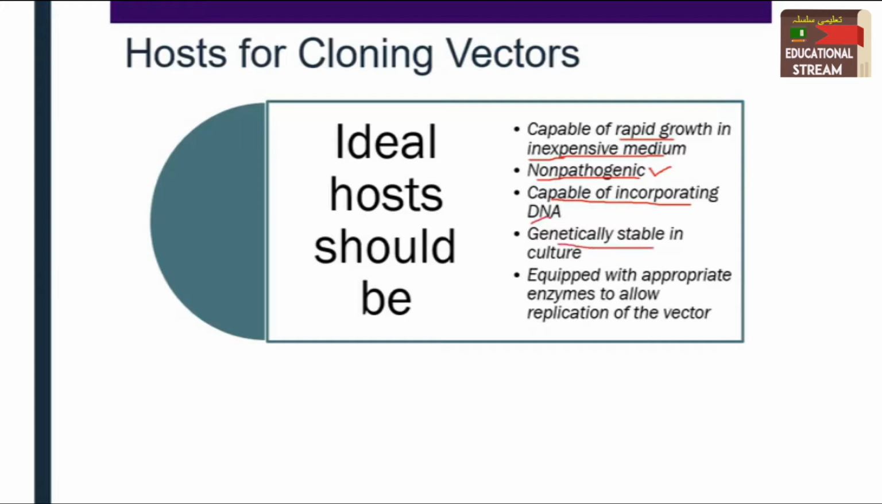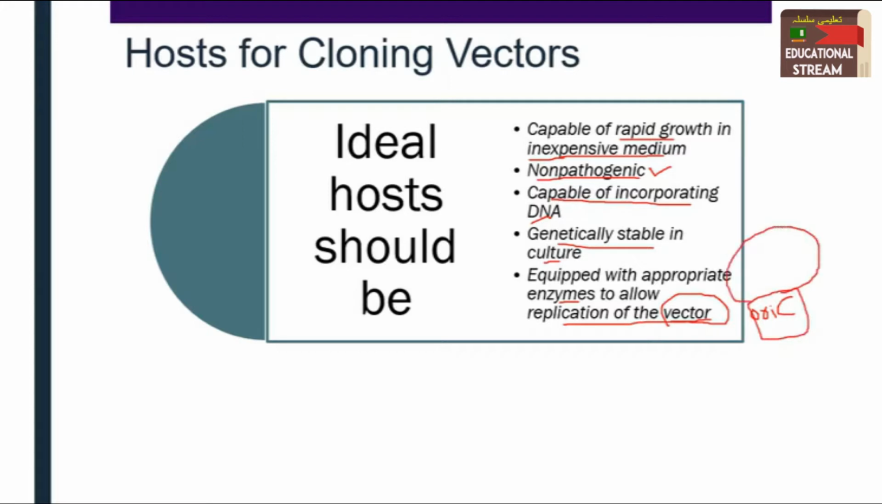Then it should be genetically stable within the culture, and it should contain appropriate enzymes that allow the replication of the vector. For instance, they contain the DNA polymerase enzyme. Remember, in the vector properties, we discussed the presence of the ori locus, and the ori locus will work only when the enzyme is present. That enzyme, which is DNA polymerase, will recognize this ori locus, and then it will start the process of replication